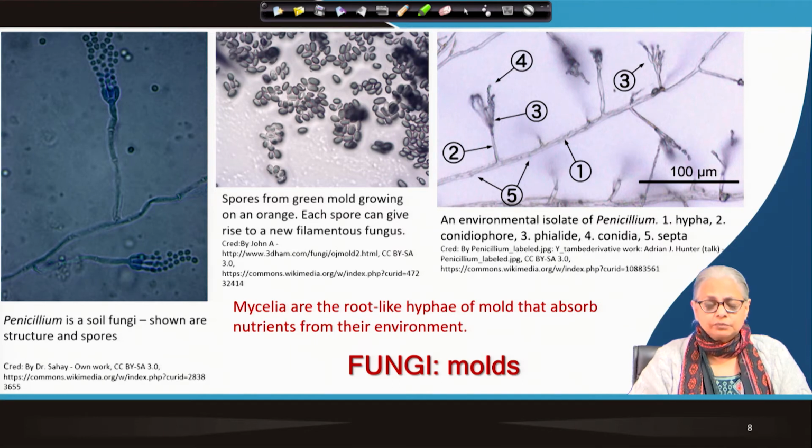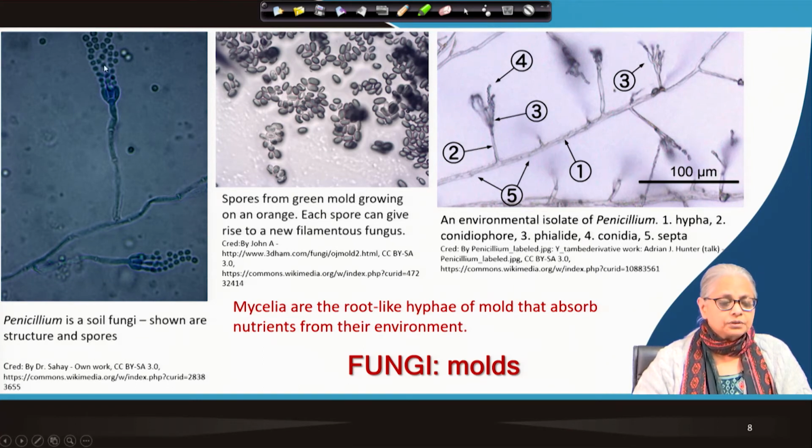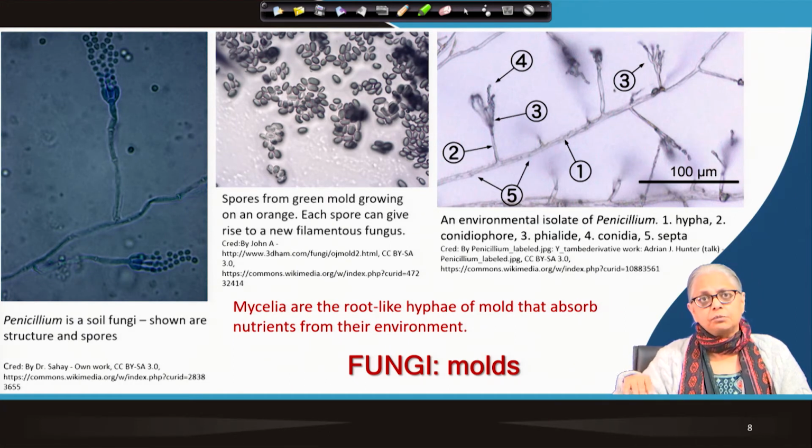Here are examples of fungi. So here we have penicillium. This is a soil fungi, and you can see the structure of the fungal cells and the spores. It's the spores that spread far and wide, and whenever they find a favorable environment, they will start breeding and reproducing there. This is another example of a filamentous